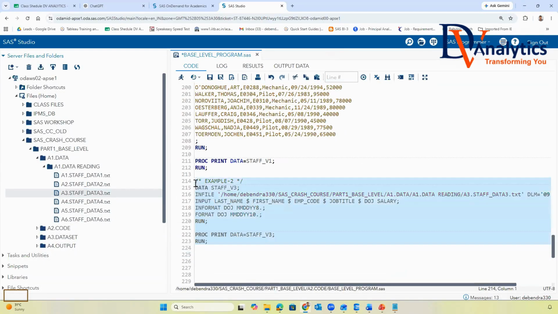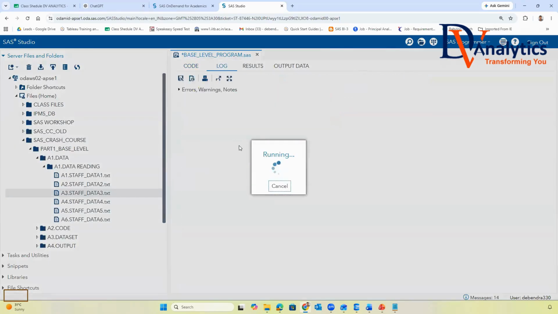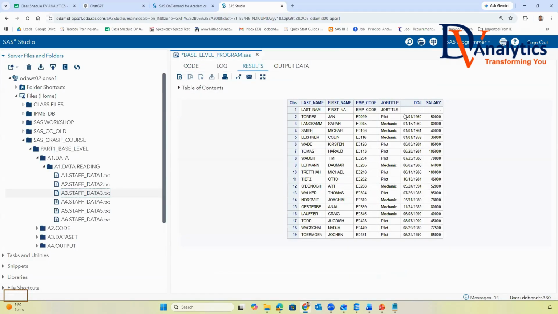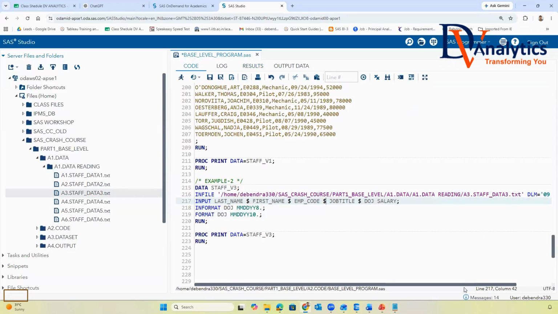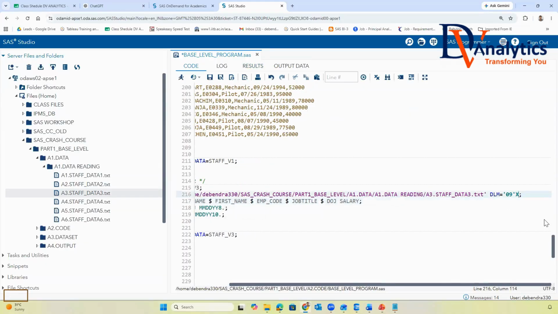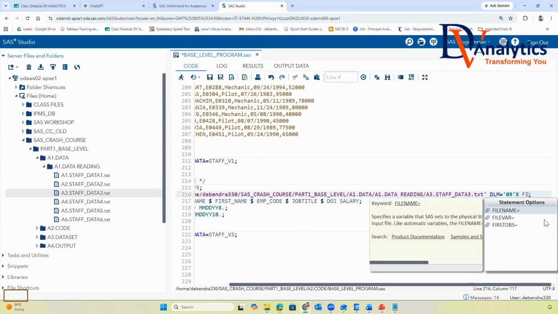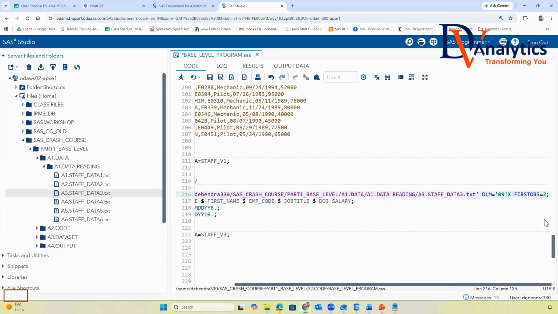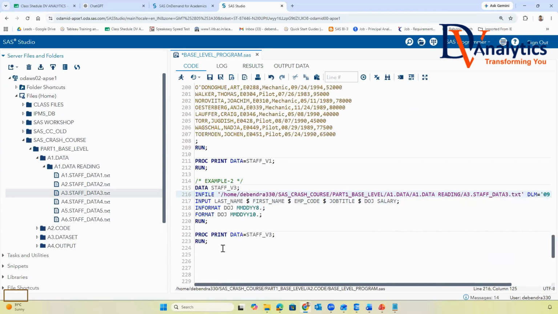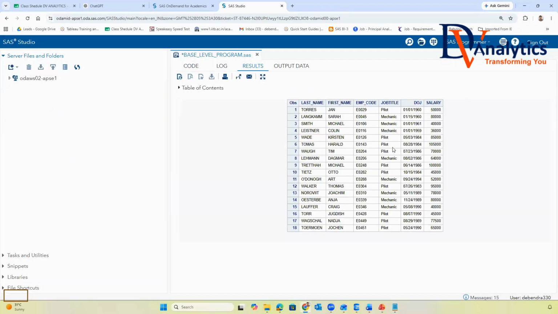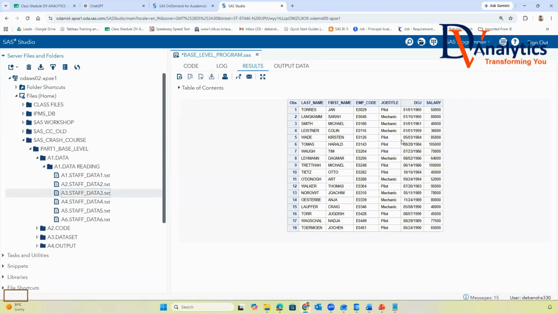Now, if I go for running this program, what is happening? Does it read the data properly? It is reading the data properly, but the only issue is it is reading the first line as your header. However, you should read the data from where? Second. You will write firstobs equal to 2. So you're giving an instruction to read the first observation, that is 2. Is this clear to all of you guys, everyone? Is this clear? Yes, sir.